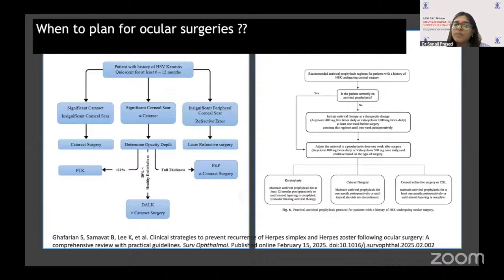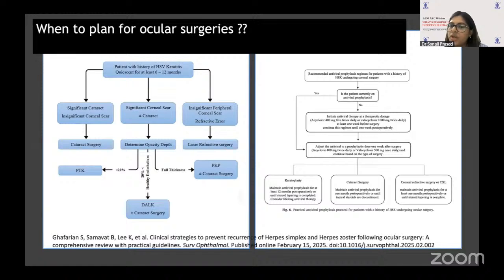In cases when we are planning for an ocular surgery in cases of viral keratitis, this is a very beautiful article that was published recently in the Survey of Ophthalmology, where the author has recommended at least a quiescence of 6 to 12 months. And if we are planning for a surgery in cases of post-viral keratitis patients, then if